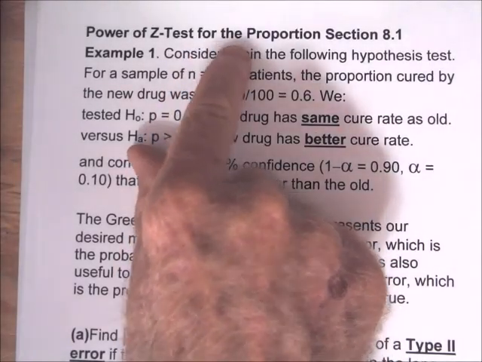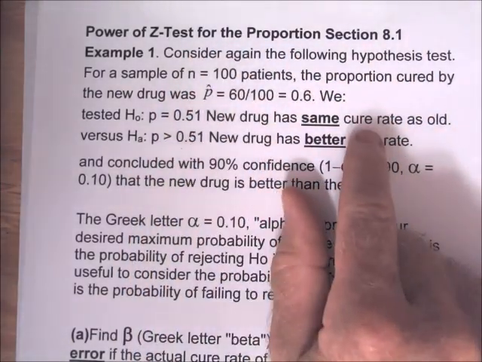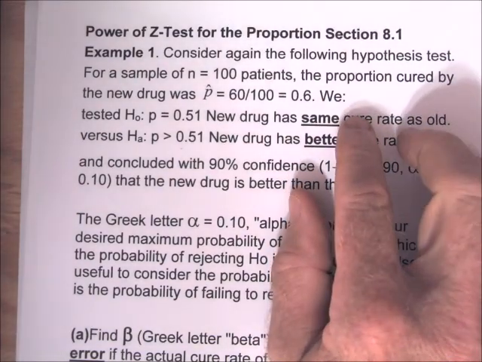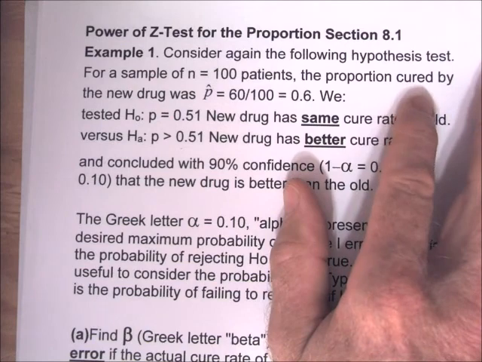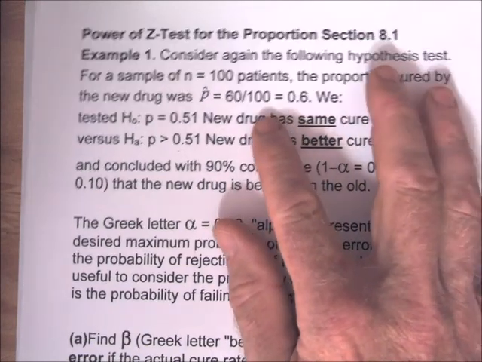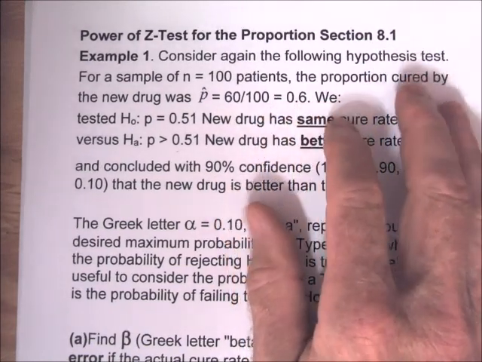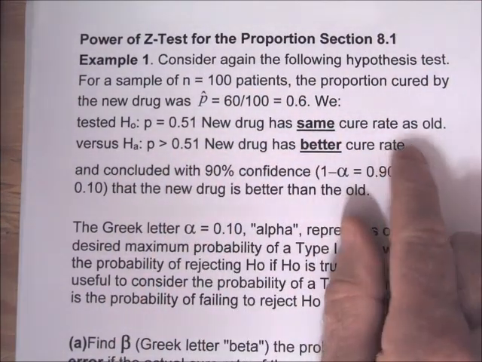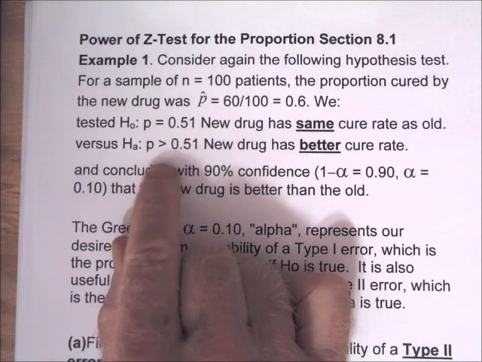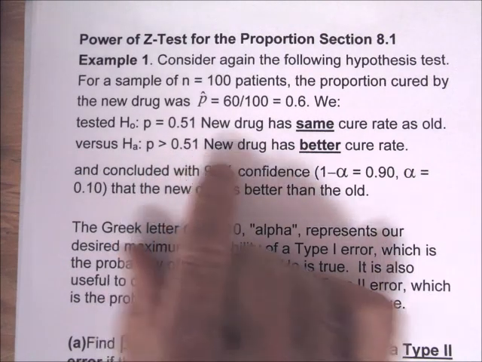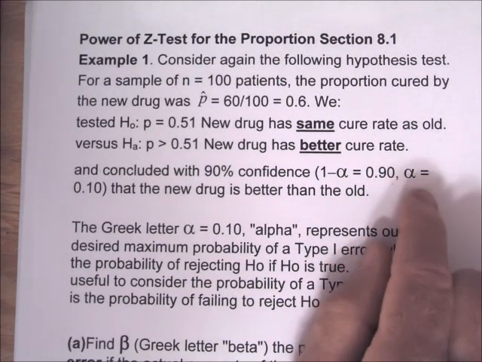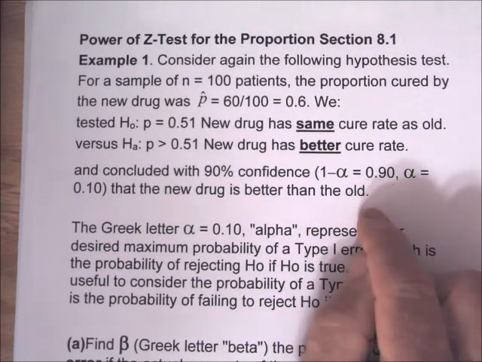Power of the z-test for proportion, section 8.1. Consider again the following hypothesis test. For a sample of n equal 100 patients, the proportion cured by the new drug, p hat, is 60 over 100, which is 0.6. We tested H naught, p equal 0.51, the new drug has the same cure rate as the old, versus HA, p greater than 0.51, the new drug has a better cure rate, and concluded with 90% confidence that the new drug was better than the